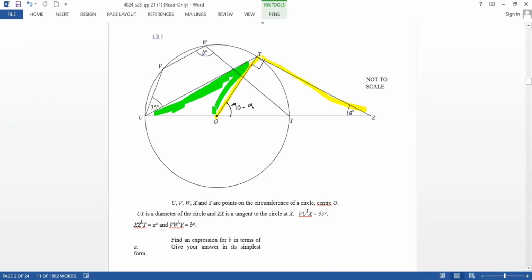This triangle is an isosceles triangle because this is the radius and this is the radius. So we have 180 minus 90 minus A, so we have 90 plus A. This angle is 90 plus A. So this angle will be